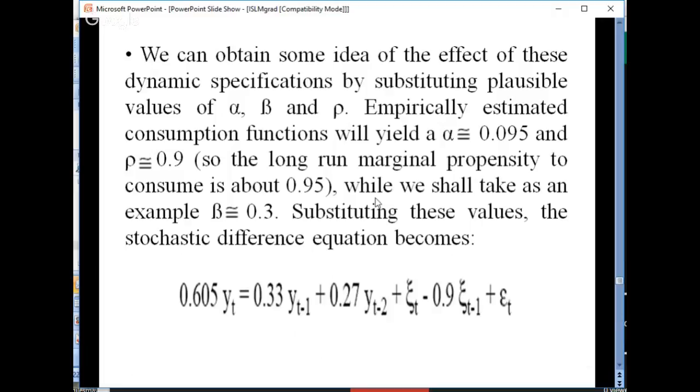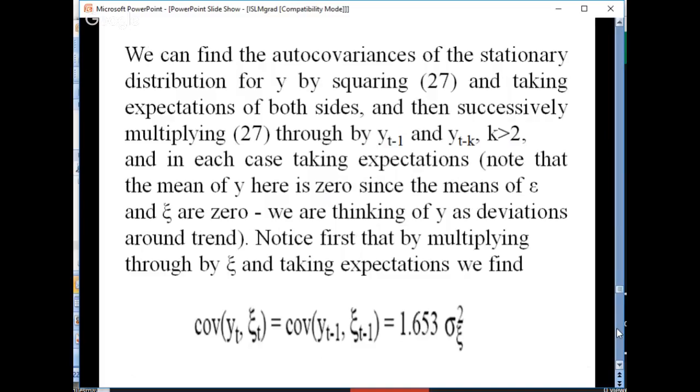So with the marginal propensity to consume about 0.95, we shall take the example of beta equals 0.3, and I substitute the values, and I get the following: 0.605 y_t equals 0.33 y_{t-1} plus 0.27 y_{t-2}, plus the error terms, plus epsilon_t. Right. With that, we can find the